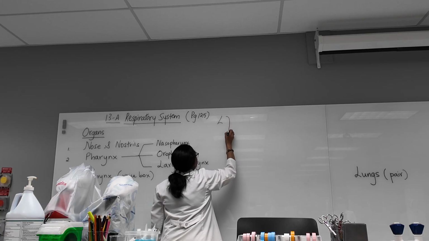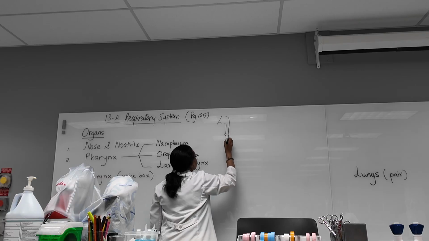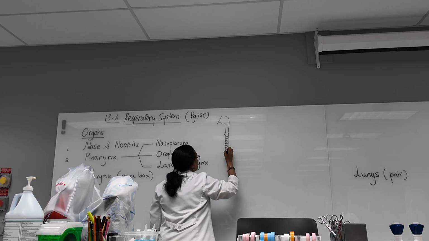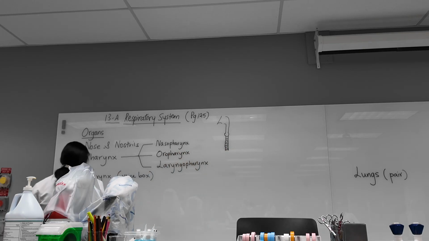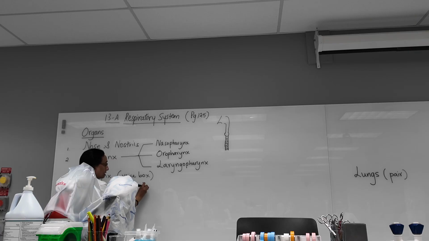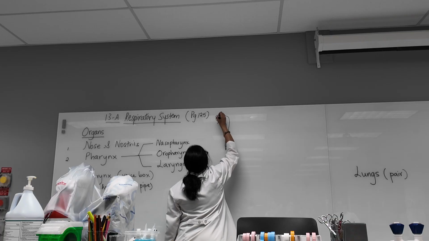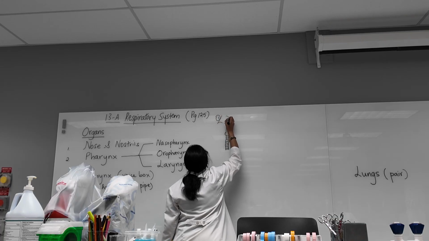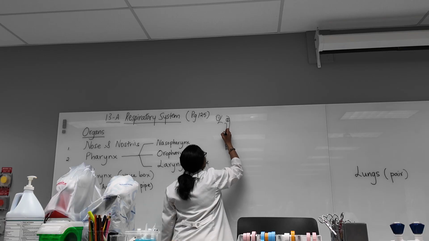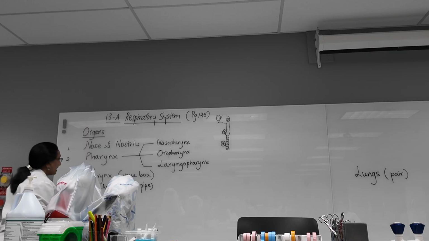Nose, pharynx, larynx, and then you have this. What's this? Trachea, windpipe. So number 4 is trachea or windpipe. Picture. So this is supposedly my nose, okay? 2, this is pharynx. 3, larynx. 4, trachea. And then